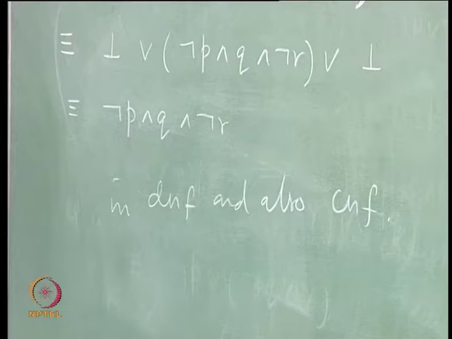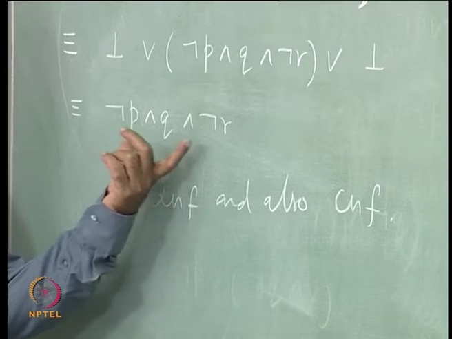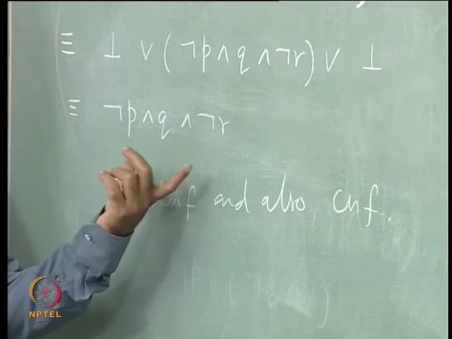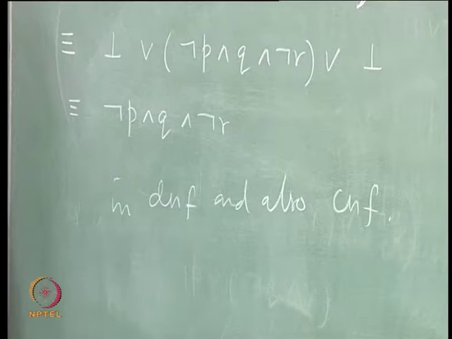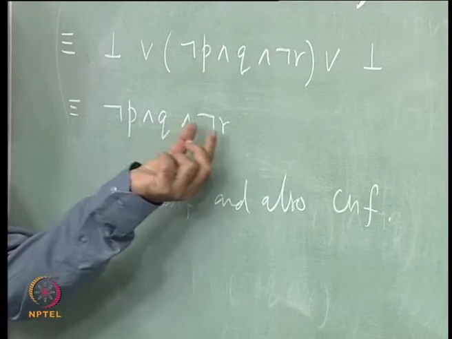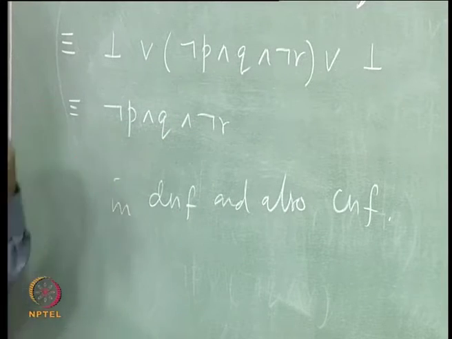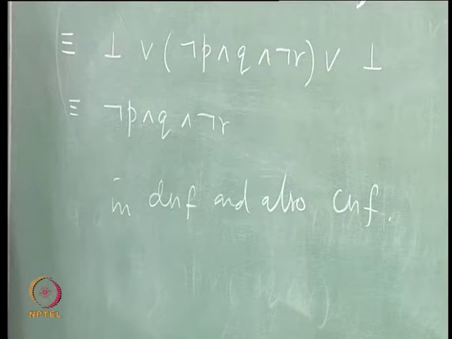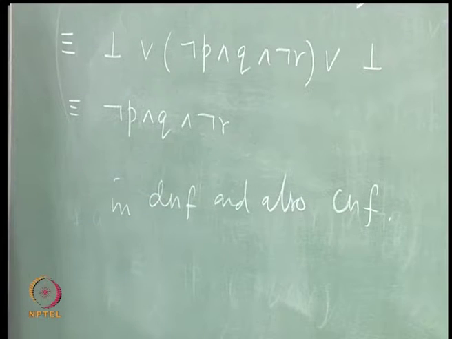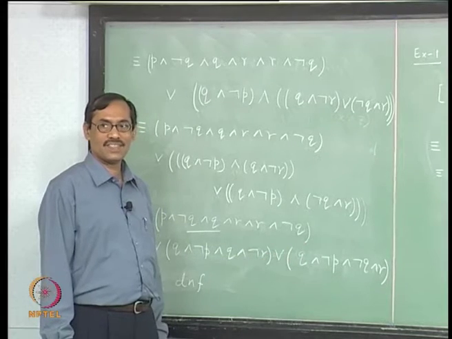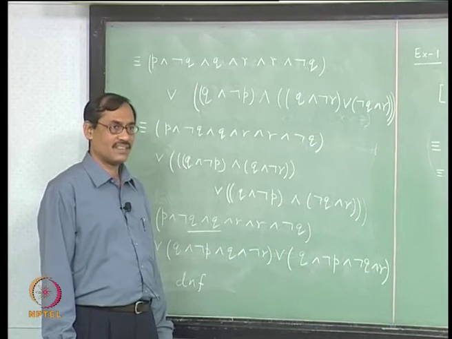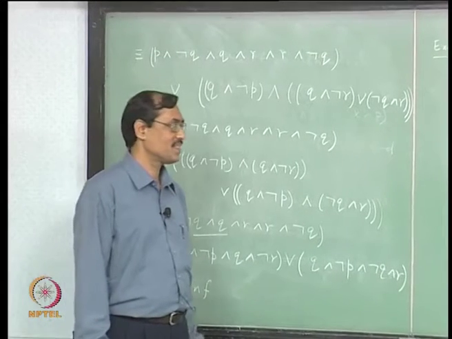How? As a DNF, it has a single clause, single conjunctive clause, this itself, right. This is the clause, conjunctive clause. As a CNF, the clauses are the literals. There are 3 clauses in this CNF, and there is a single clause in the DNF. Okay. So, you did not have to write all those 6 into 4 into 4 disjunctions, right. Sometimes the laws will help you this way.